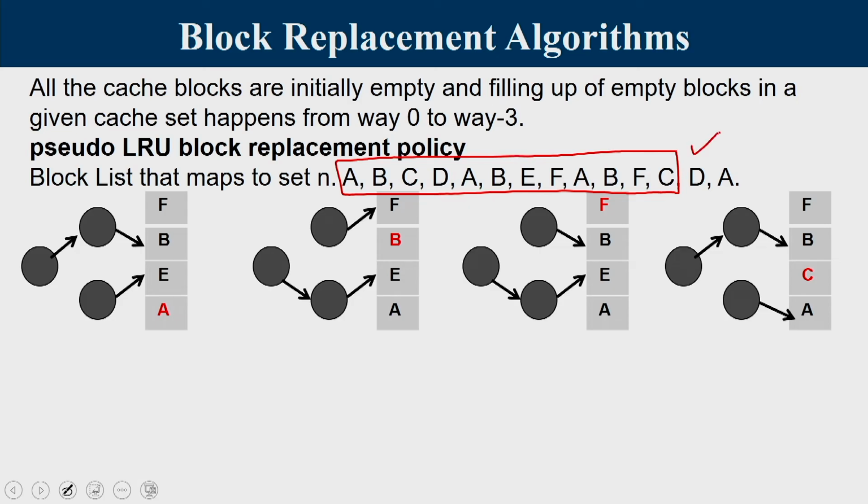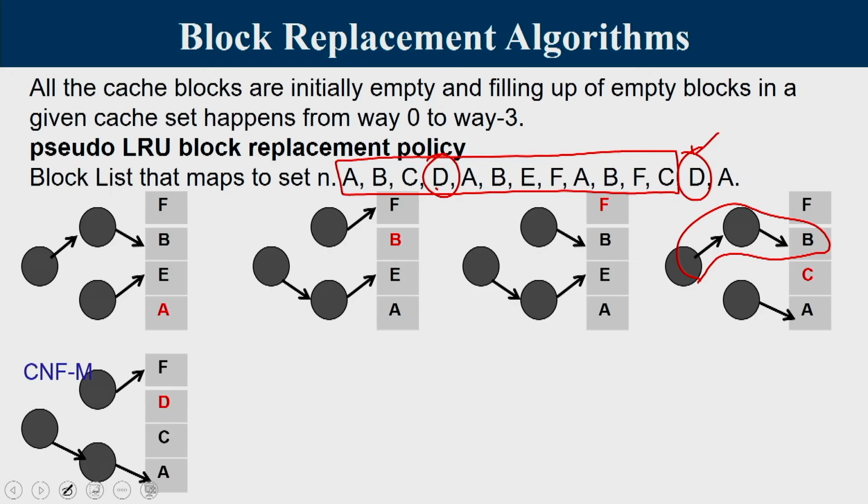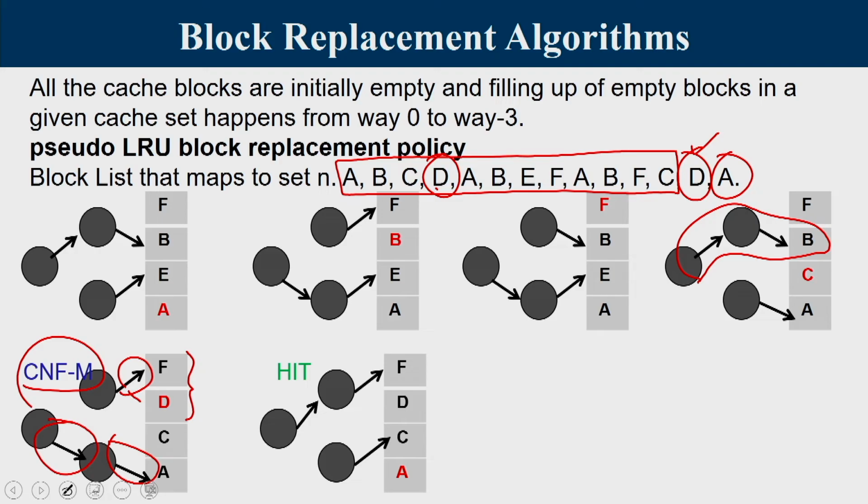Now we have D coming in. We know that D is also not present there, but D was accessed before. That time it was a compulsory miss. This time D is a conflict miss, and D is going to evict B because the pseudo LRU tree points to B as the pseudo LRU block. So B gets replaced with D, again a conflict miss. The initial arrow that was pointing downward now points upward. Since the access was to the upper side of the set, the root arrow is pointing downwards and there is no change in the arrow. And the last one is A. A is already present there, so it's a hit. But after accessing A, the pseudo LRU tree looks like this.